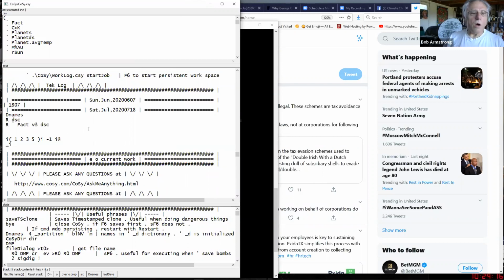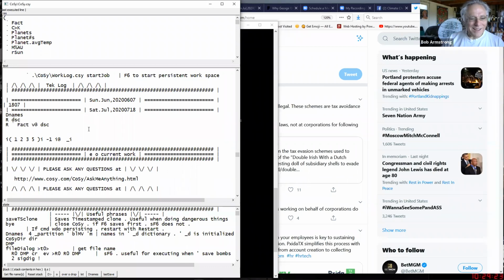Oh, obvious. It just tried to access the 5 as a CoSy object. It just referenced location 5. So the point is that negative indexing goes from the left to being, but also if I do